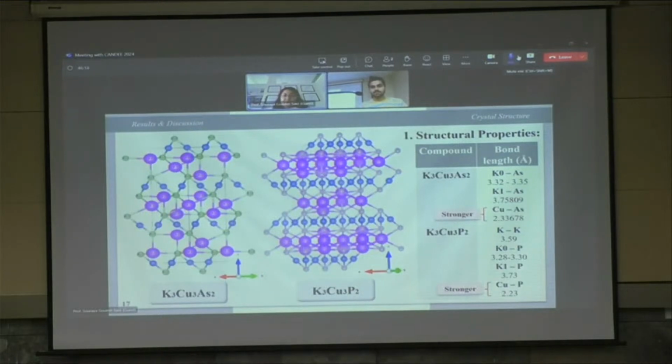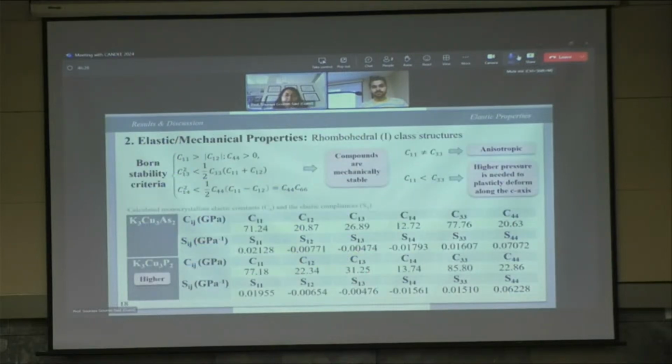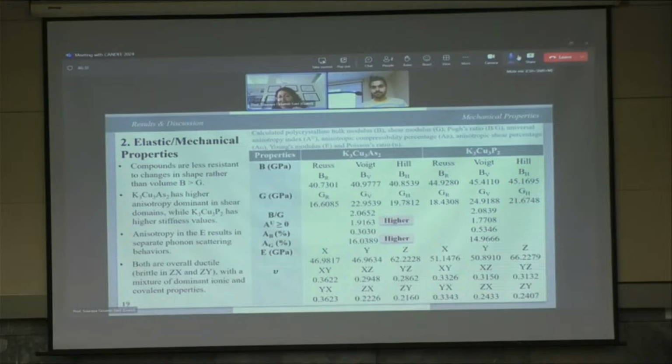Here are some examples of materials that we have studied. They are based on potassium, copper, phosphate, of course, and actinide. The first step was to find the structures and optimize them. They were stable energetically, and even mechanically when we calculated the elastic constants and all the related properties, like the bulk modulus and shear modulus, to see their application in mechanical